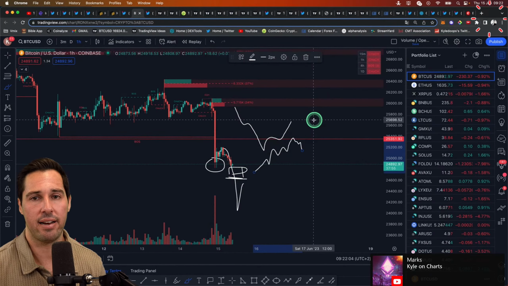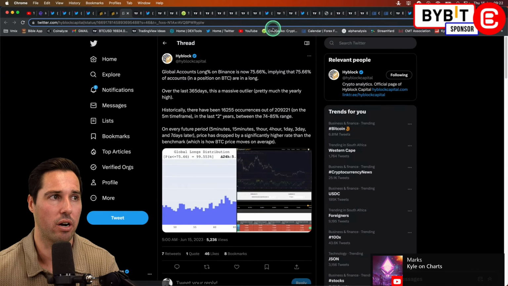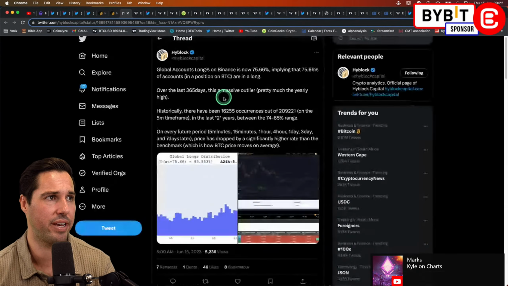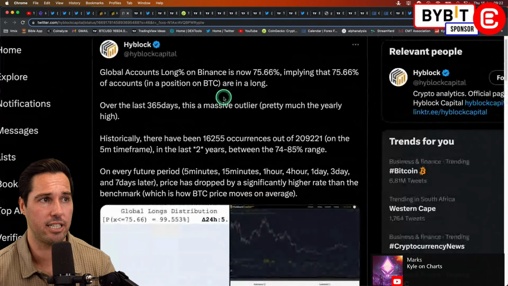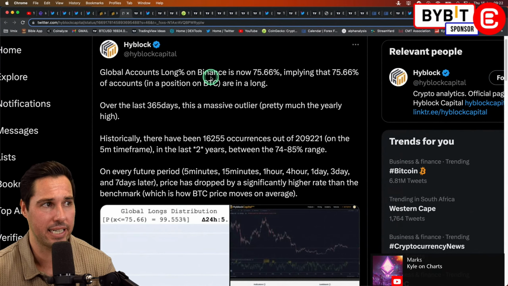So be careful of that. Keep your eyes on the chart. Stay focused, because there is a lot that's going on. High Block Capital says over here, global accounts long percentage of Binance is now at 75%, implying that 75.66% of